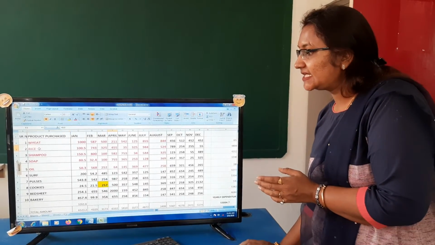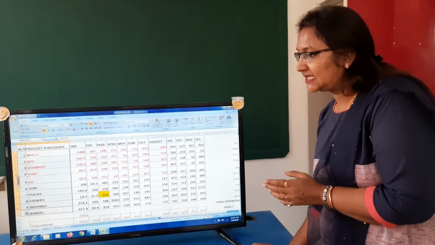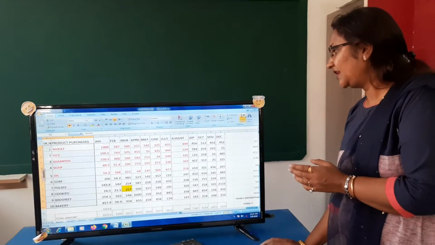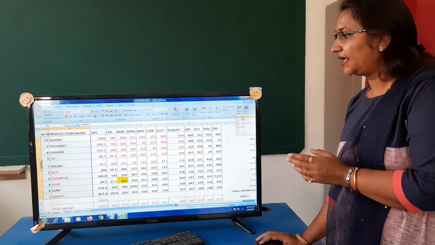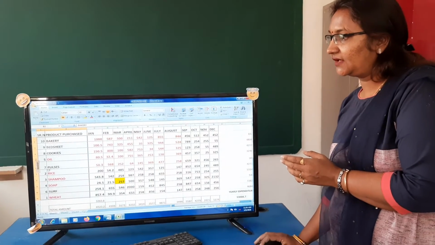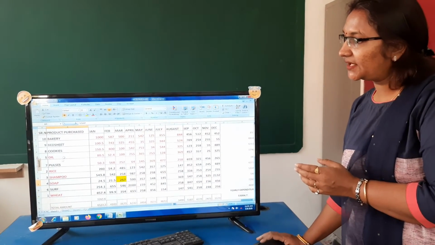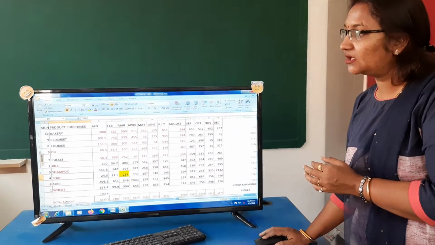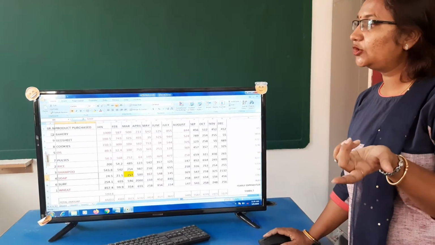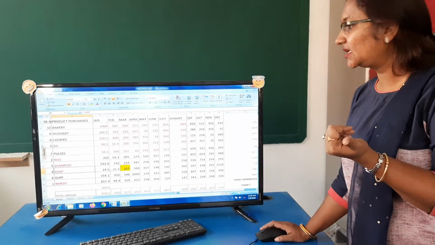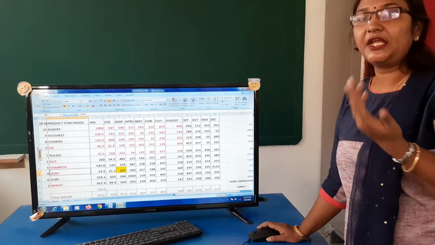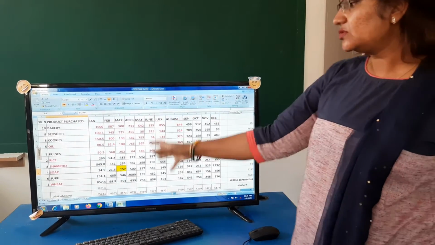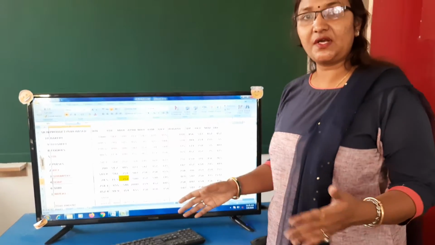And if you want to arrange it ascending or descending, select it. Here we have the Sort and Filter option. Sort A to Z. See, it will automatically sort. Children, it has sorted according to the products purchased, not on the basis of the serial number. So it's up to you by which method you want to sort the thing, either ascending, descending, or in whichever way. You can use your MS Excel sheet in different methods.